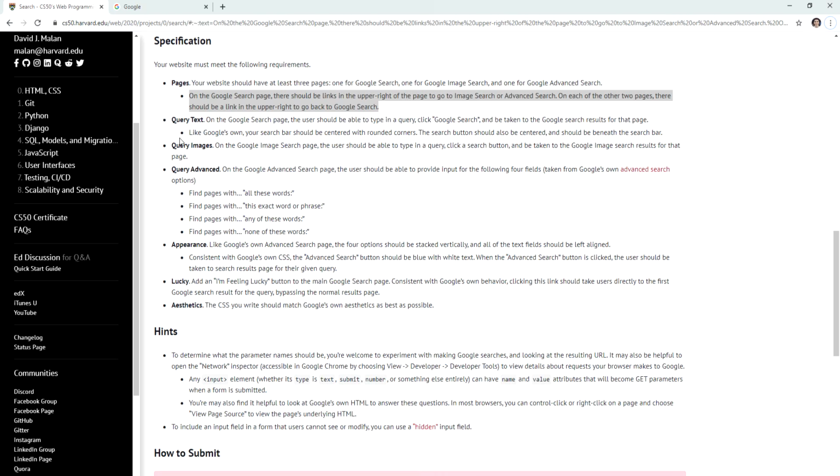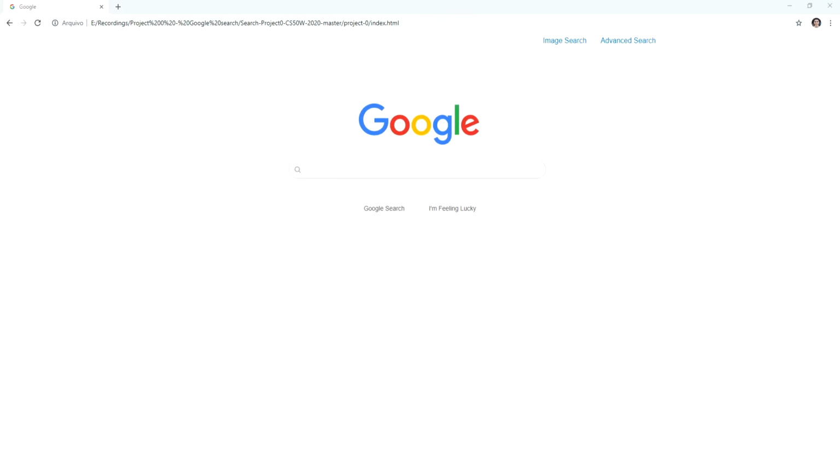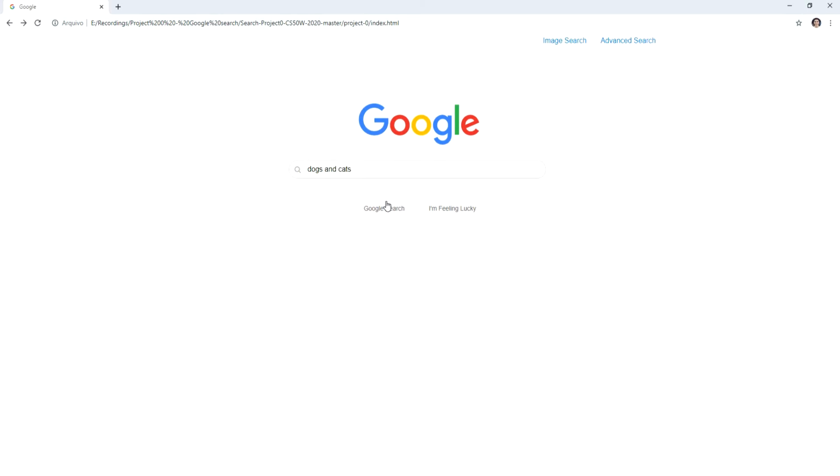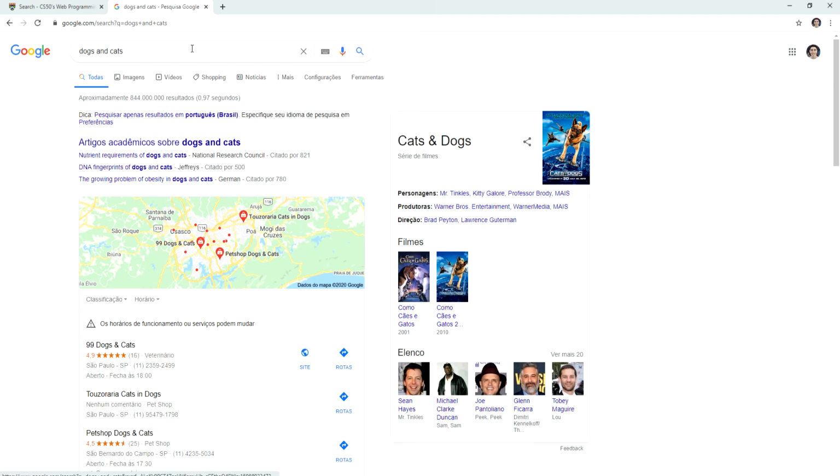The next step is to be able to search on Google through your front end. Here we need to have an input space, and later we need to be redirected to Google search results. If you go to the website, here's the input. It's just a simple query input. You can type dogs and cats. When we press enter, or click on Google search, we are sent to this URL,